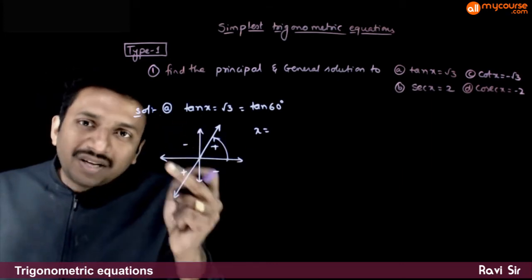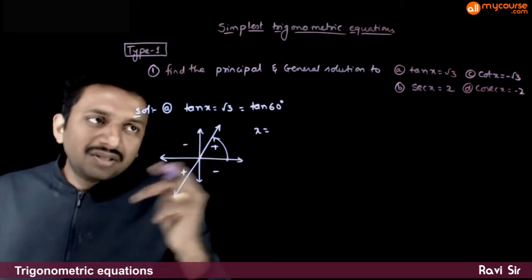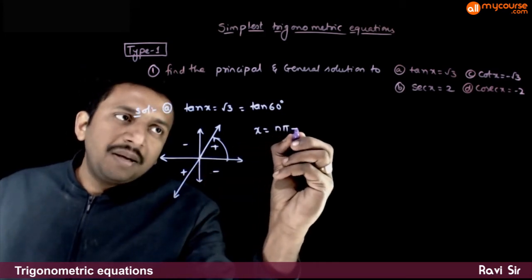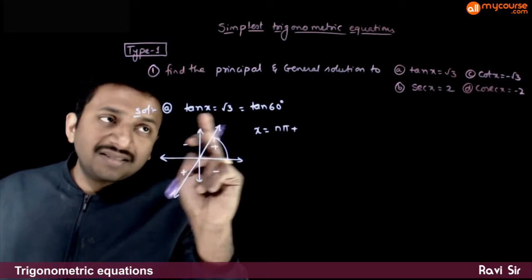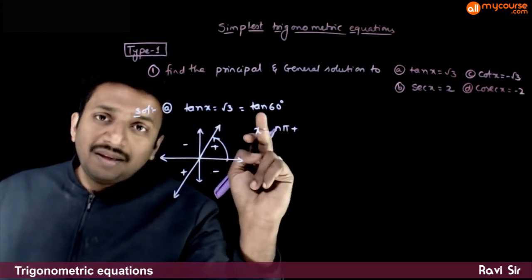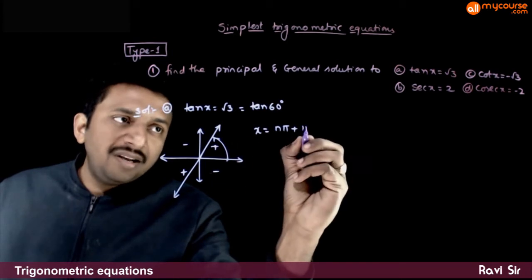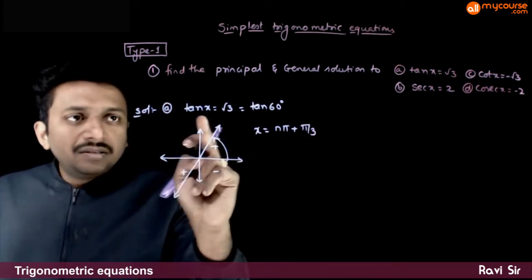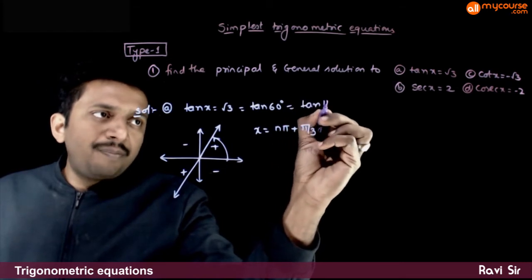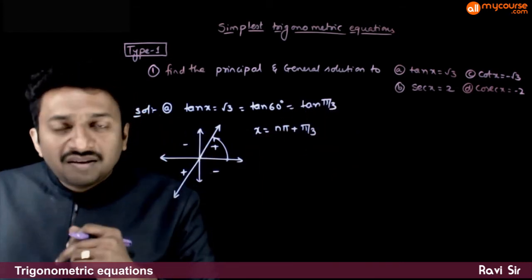So how do you express all the solutions? General solution is given by x is equal to n pi plus alpha. So tan x is equal to tan alpha implies x is equal to n pi plus alpha, where alpha is pi by 3 in radians. So x is equal to n pi plus pi by 3 is the answer to this first question,